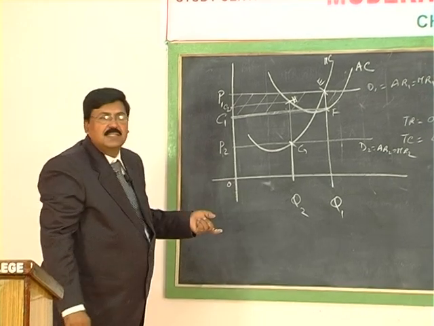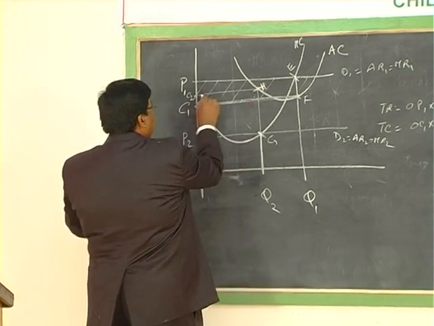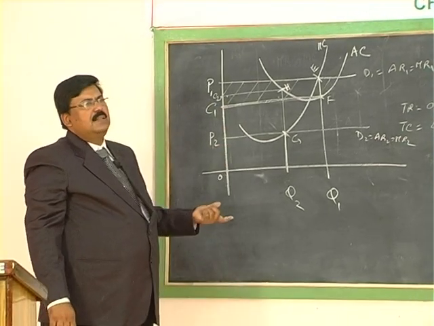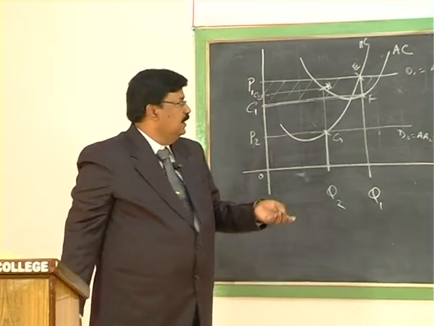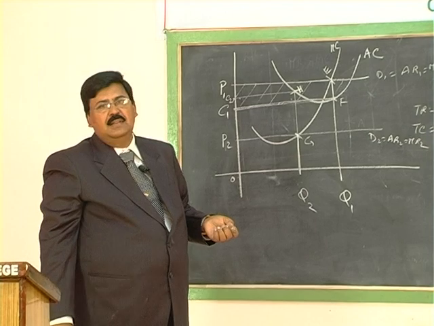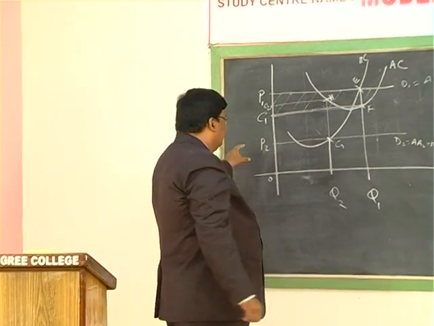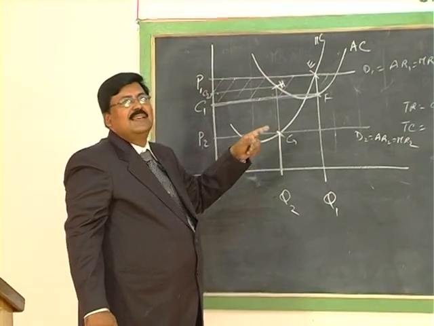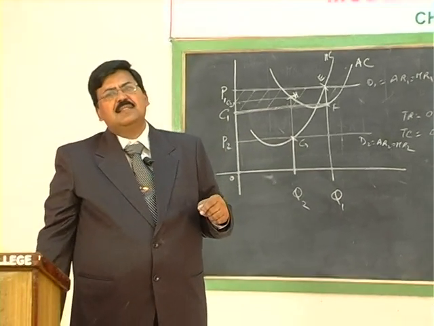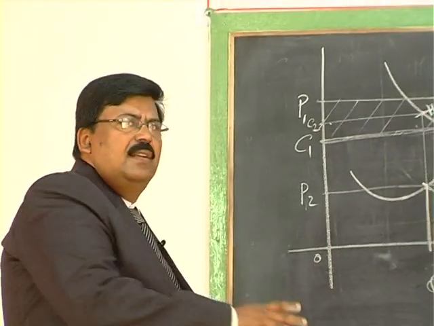Here the firm is incurring loss. That is, total cost is more than total revenue. Total cost is equal to OQ2HC2 and revenue is OQ2ZP2. By comparison, you can say that total cost is more compared to total revenue. The firm is incurring loss. Then the next question is, in this case, if price is OP2, the firm will produce OQ2 but incurs a loss. Then why the firm continues to be in the business when it is incurring the loss? Why not it leave the industry? So why it continues in the industry?